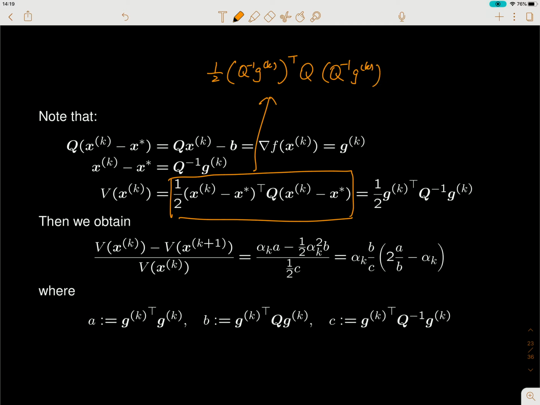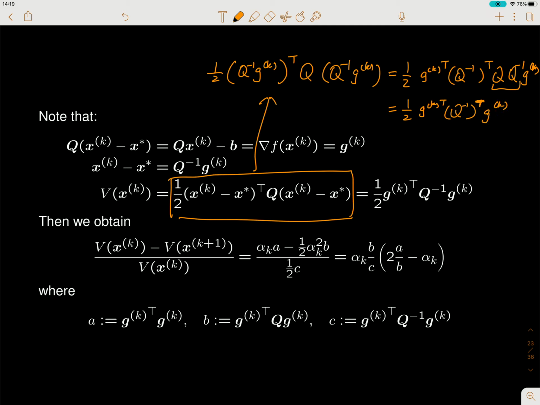And I know that this is just 1/2 of gk transpose. And the transpose of q inverse gives me the q inverse transpose. And then I have the q, I have another q inverse, and I have the gk. And now you can see that this q inverse cancelled. So I only have 1/2 gk transpose q inverse transpose